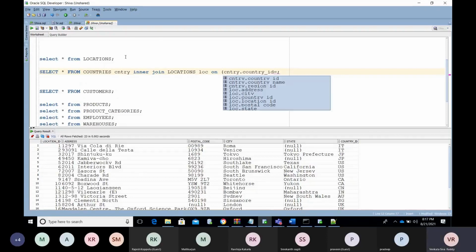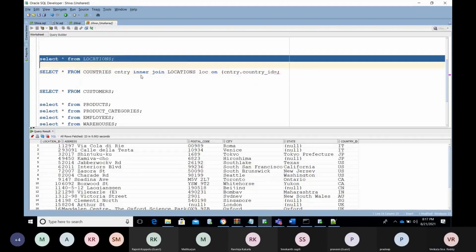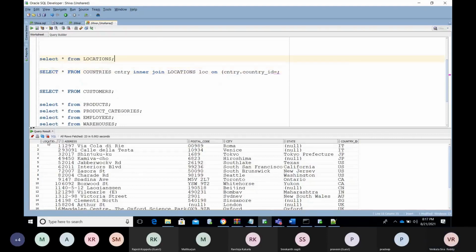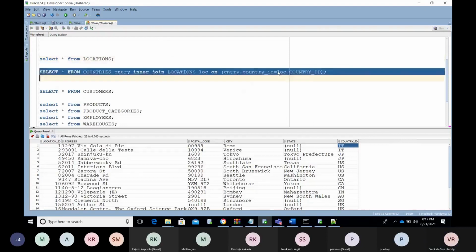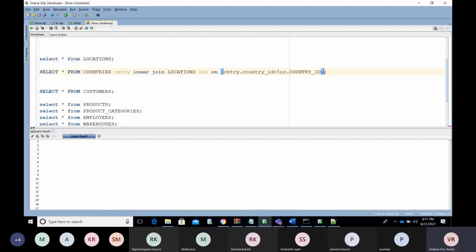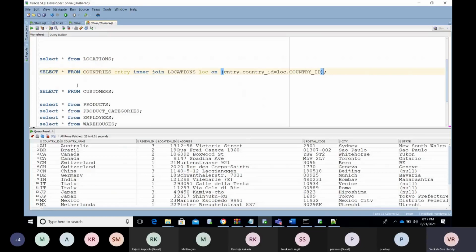In the location table, we have the country ID, so I am going to put the join with these two. So now you have the country information with the location ID.